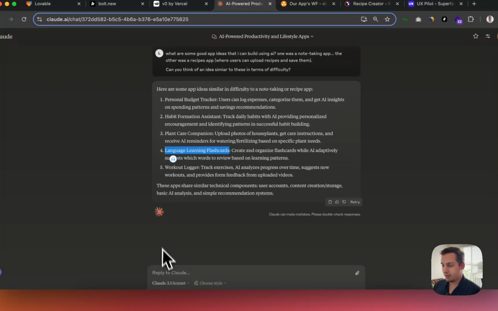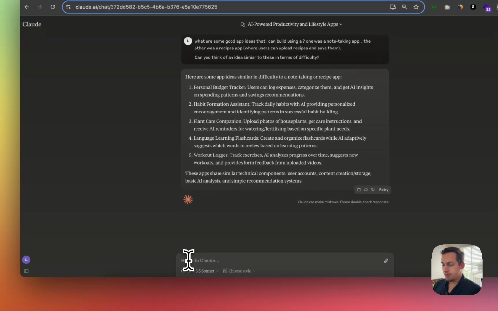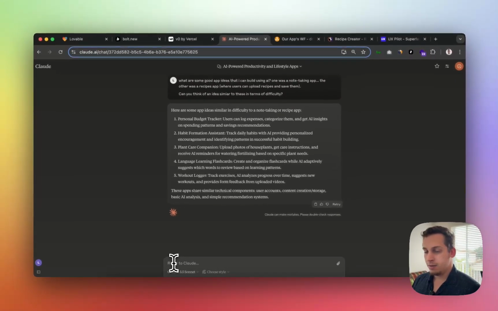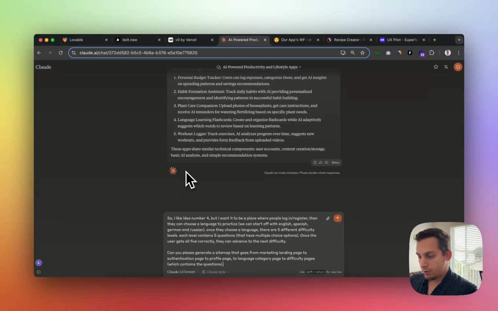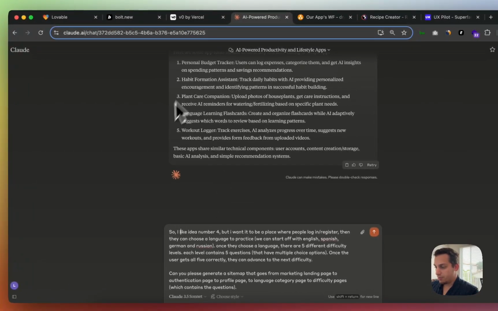So what I can do is create a new prompt to generate a kind of sitemap. I first need to refine the idea, and then when the idea is refined in this reply, generate a sitemap with Claude. So right now I just spent like 2 minutes writing this, so I like idea number 4, but